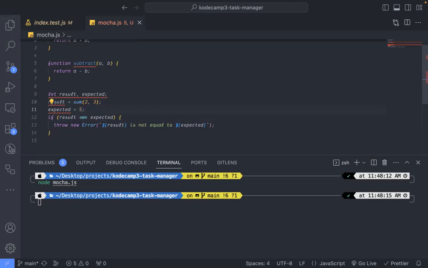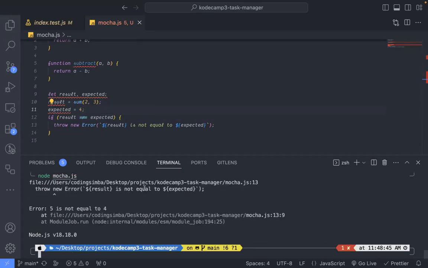Let's say our expected is 4. Then run node mocha.js. Okay, so now we try to break our code and then test what we think we're testing, and we can see our test is actually working. We're getting an error. This error is not properly formatted, but we look at that in just a minute. You can see error 5 is not equal to 4 because we expect this sum here is returning 5, 2 plus 3 return 5,